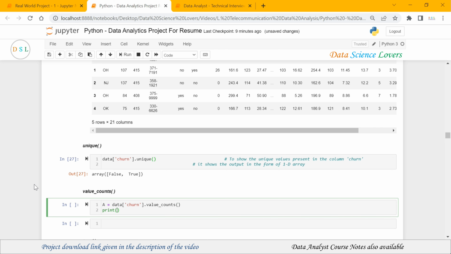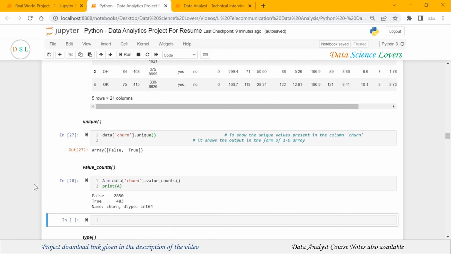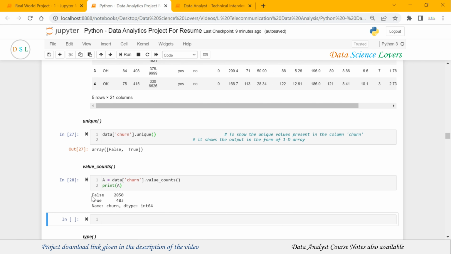When I print A, it will show the output like this. In this output, we can notice that false is present 2850 times, while true is present 483 times in this column. Meaning the churned customers are 483 while the non-churned customers are 2850.